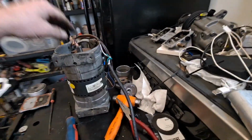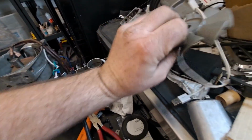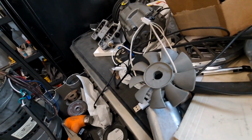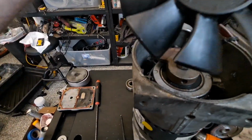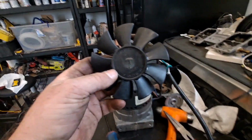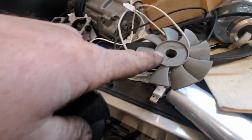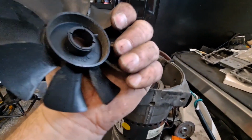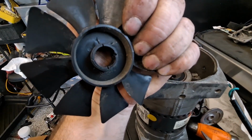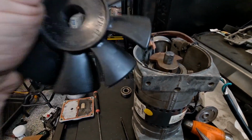The fans. When that's tight to spec, let me show you the fans. That one I cracked trying to figure it out. This one is going to be good. The fans really just have the flat spot. I noticed this fan must have been an aftermarket change. There's no flat spot. This fan, and you can see what I broke, has a flat on it. So when I went to get these off, there's this little hose clamp that you got to squeeze. I don't think you'll be able to squeeze it. But I found if I pulled by the blades,